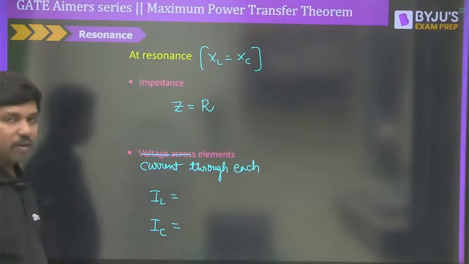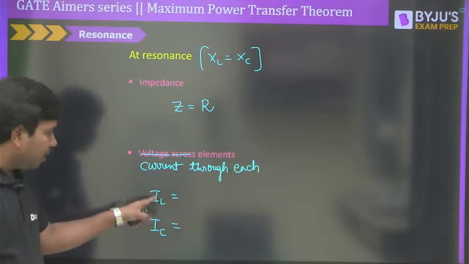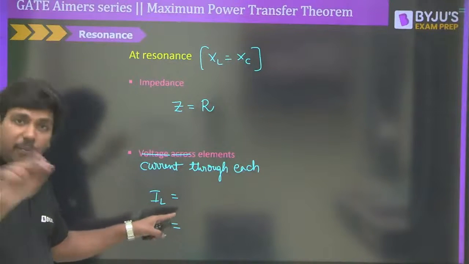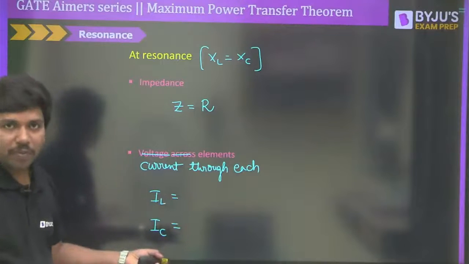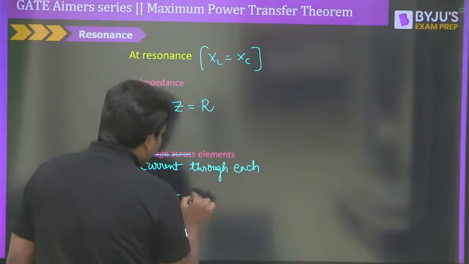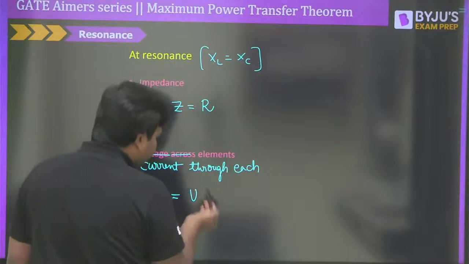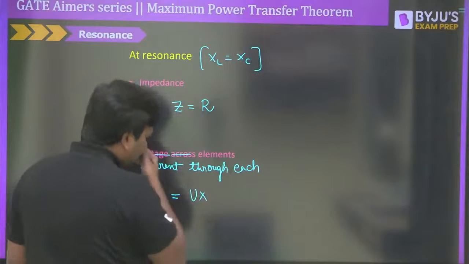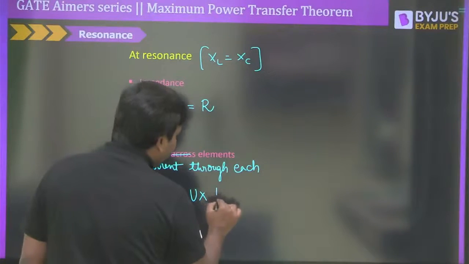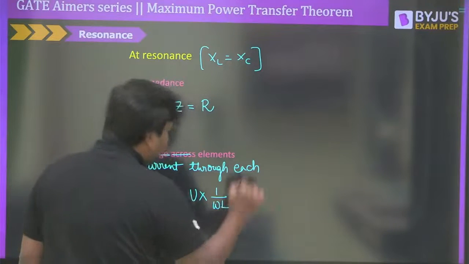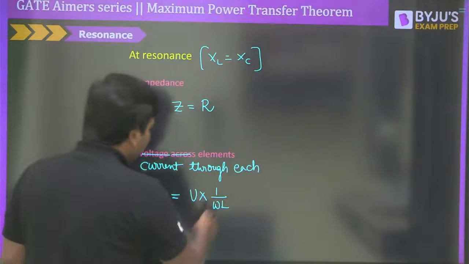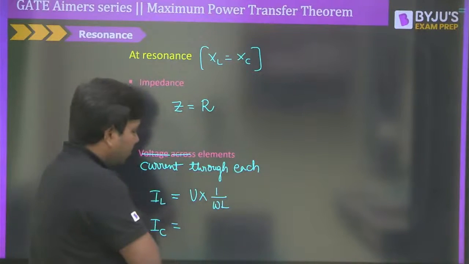How do we find the current through the element? The current through the inductor, IL, is nothing but the voltage across the inductor times the admittance of the inductor. Likewise we can do for the others, isn't it? So if you want, you can see the current all the way. The voltage across the inductor, being parallel, is going to be the same, V, times the admittance of the inductor. The admittance of the inductor can be written as 1 by omega L. So therefore V could be written as equal to,